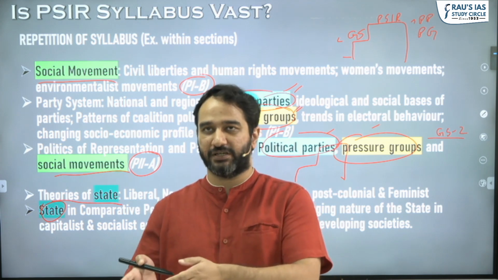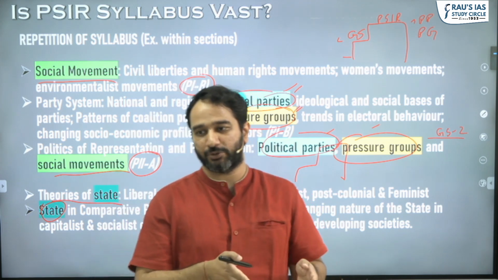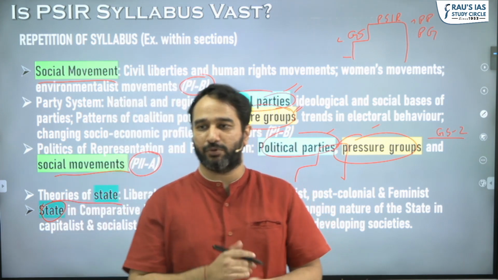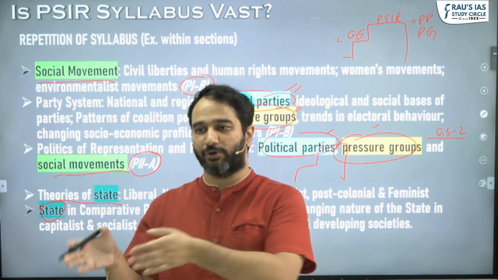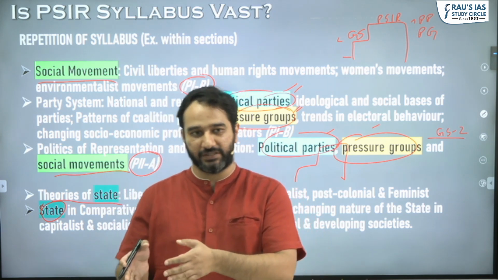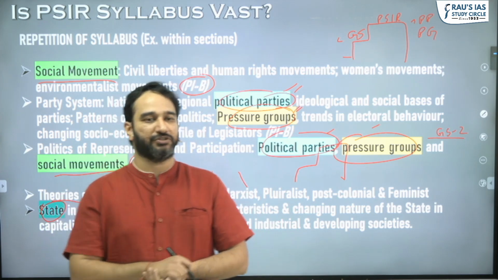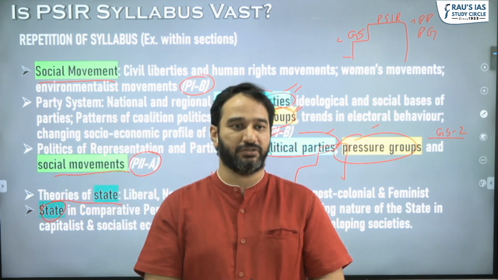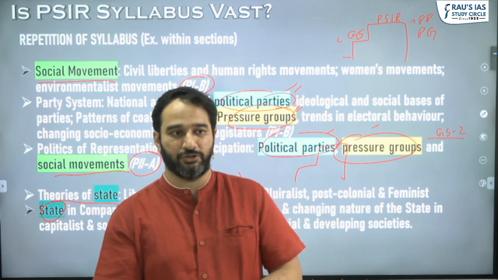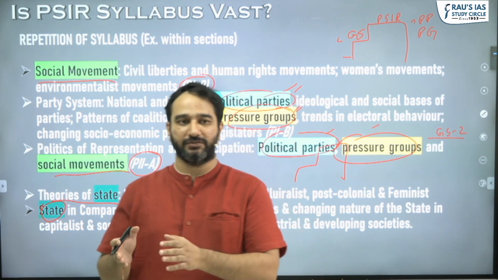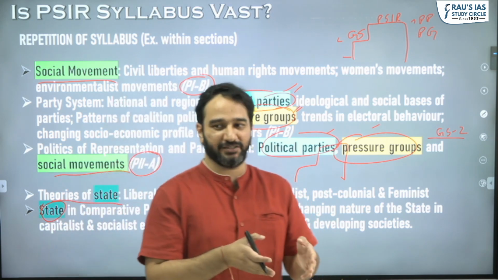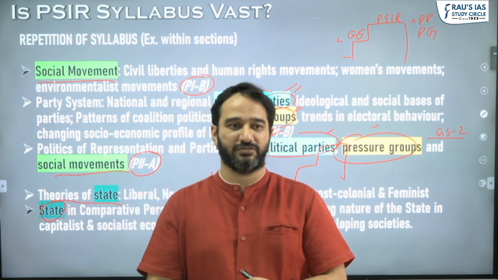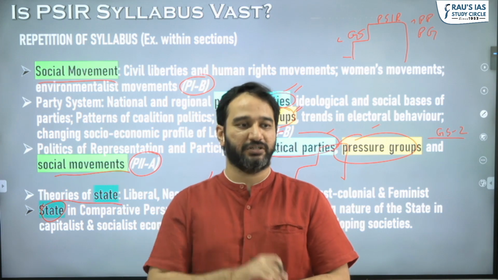If you're preparing for IR in PSIR, your GS paper 2 IR would be done, international relations. If you're preparing for polity in PSIR, your polity in GS paper 2 would be done. If you're preparing for political philosophies within PSIR, political science, then your political philosophies in GS paper 1 would also be done. So that time between prelims and mains examination can be utilized much more effectively. You won't have to study different topics altogether. So it's technically by picking other options that your syllabus becomes vast, because then you're learning 2 different subjects separately. But here you're learning them together.